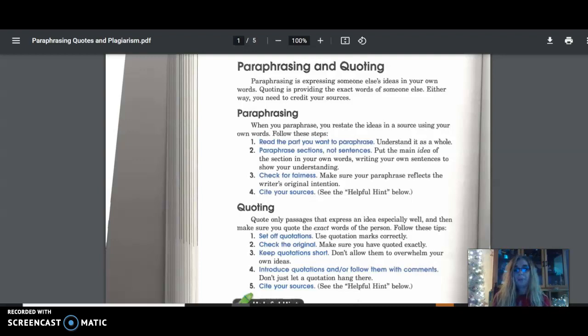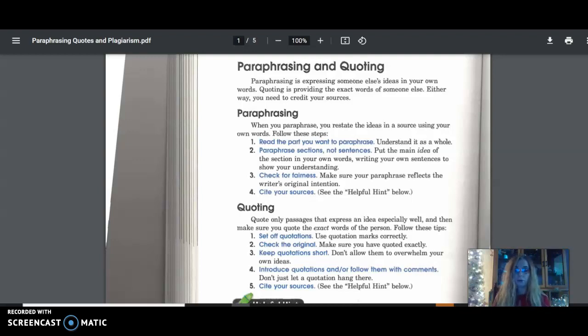Step 2. Paraphrase sections, not sentences. Put the main idea of the section in your own words. Writing your own sentences to show your understanding. While I understand the importance of taking a chunk of information and pulling out or extracting that main idea